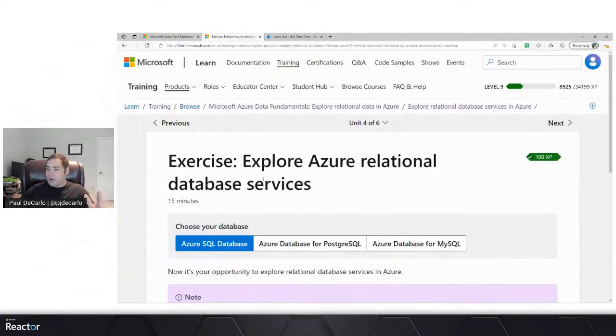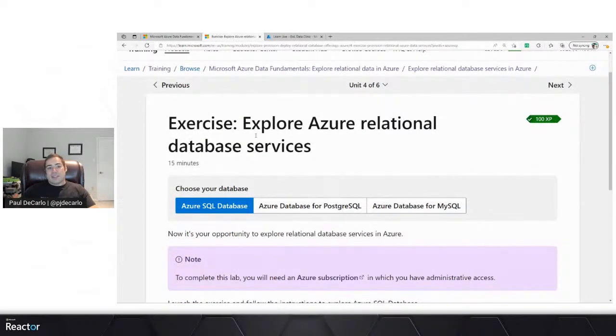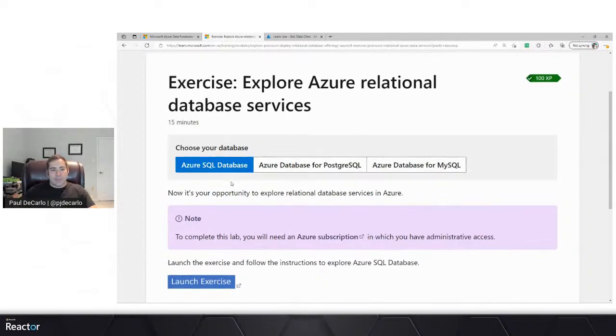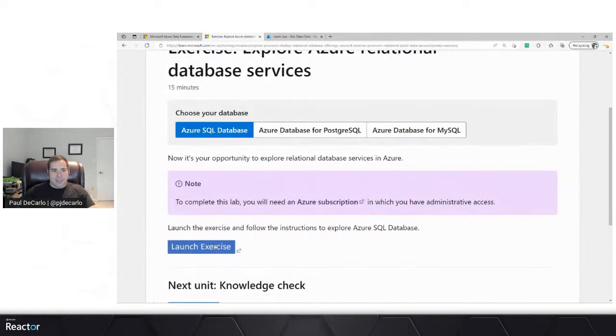So we've made it this far. We're almost at the end of our live stream, and you're probably ready to really do something with all that we've learned. So there is an exercise at the end of here, and we only have time to go through one of these, which is to deploy a database. You'll notice there's options for deploying Postgres and MySQL. Definitely suggest, folks, that you go through those, time permitting. But for the purpose of our live stream, we're going to jump in real quick and launch the exercise for